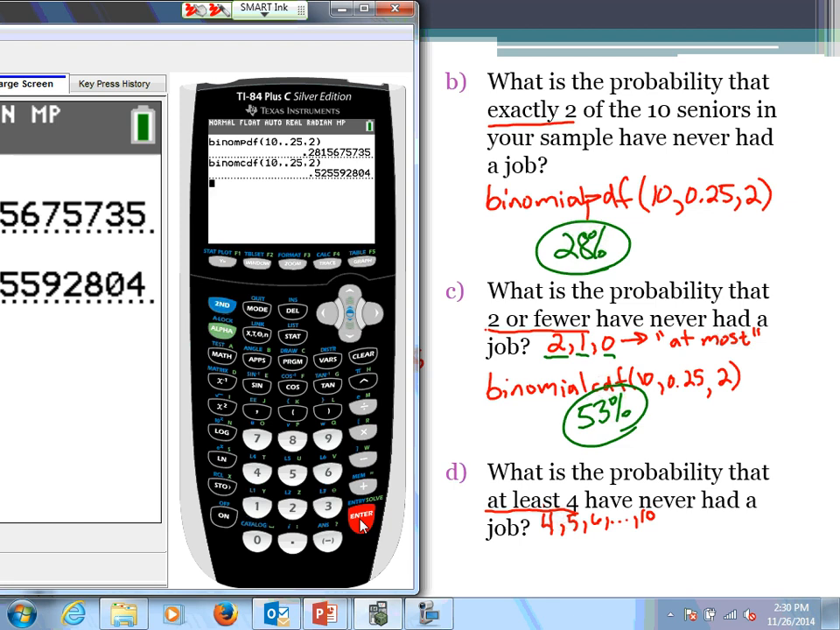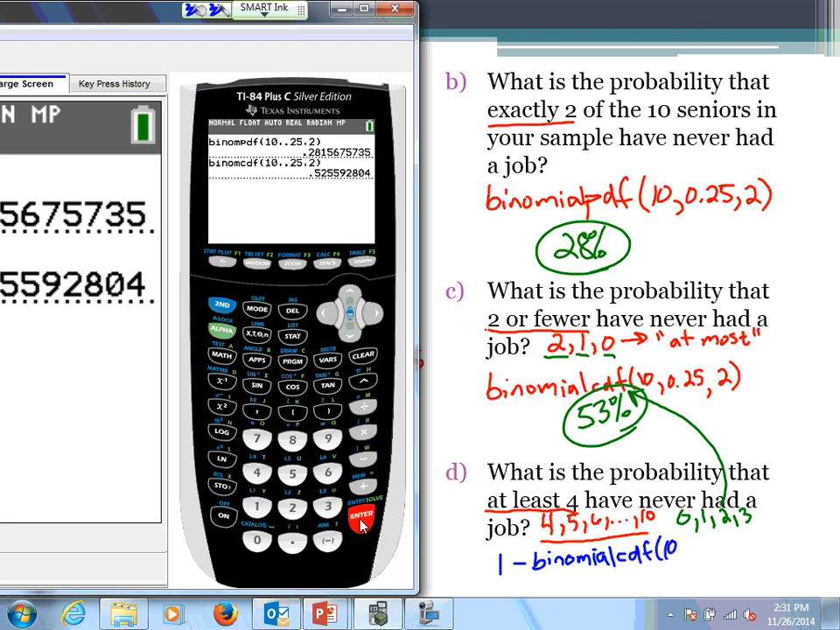Well, it's kind of like the at least problems that we did in our probability chapter. What we're going to apply is a complement. So I recognize, I need 4 and above. Well, which numbers are not included here? Well, what we don't want included is I don't want 0, 1, 2, or 3. Well, these numbers meet that idea of a CDF. So what I can do here is apply the complement of a CDF. So I'm going to go 1 minus the binomial CDF